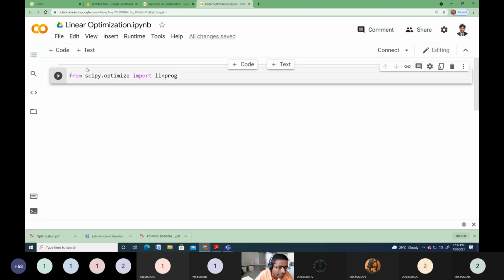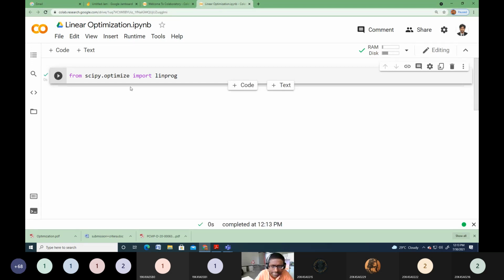This is the cell where you can write your Python code. You can write code or you can write some text information also. Now, if you want to check whether this statement is right or wrong, just click here to execute it. If it throws any error, it will be marked with the red color and you can see the error down here. If nothing is shown, it means everything is fine.